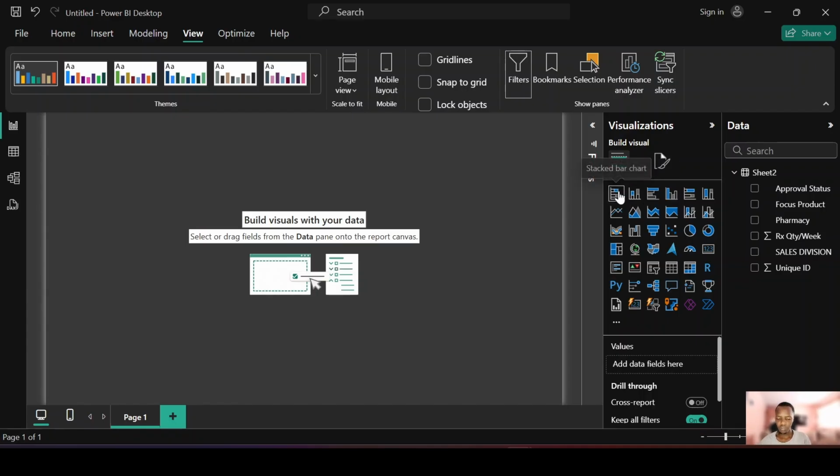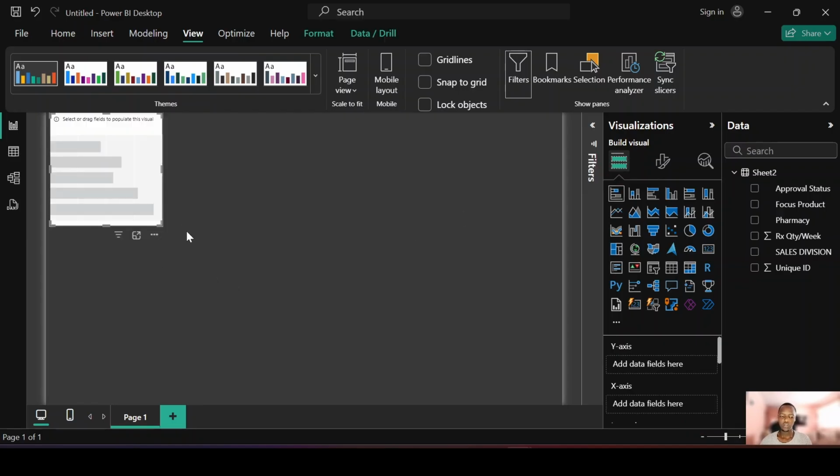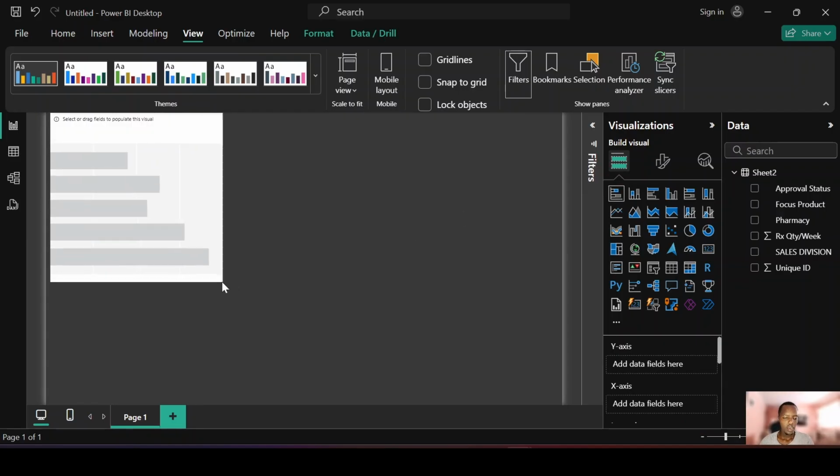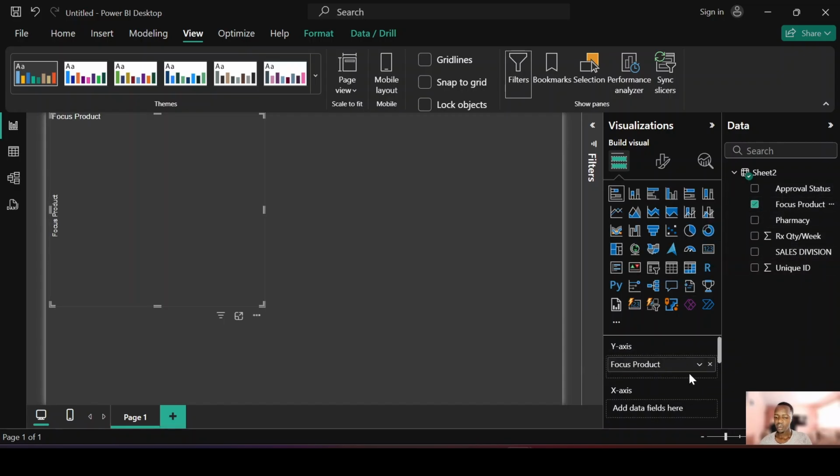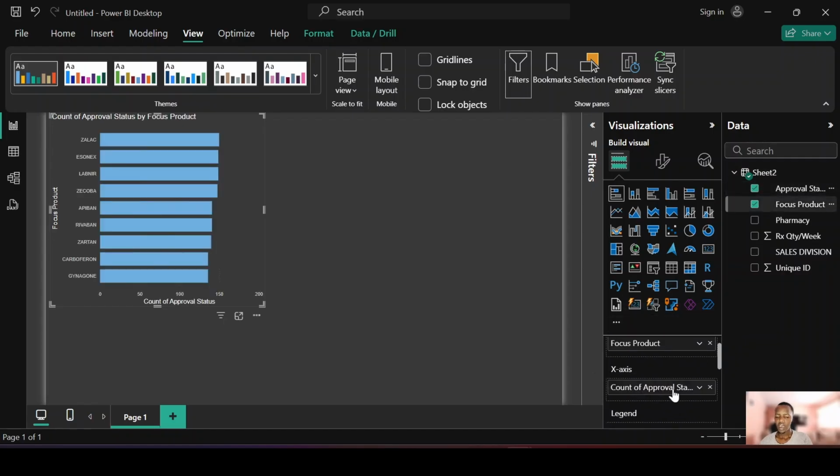If I want to start a chart, I just double click there and it will load over here. I'll have the focus product as my y-axis,